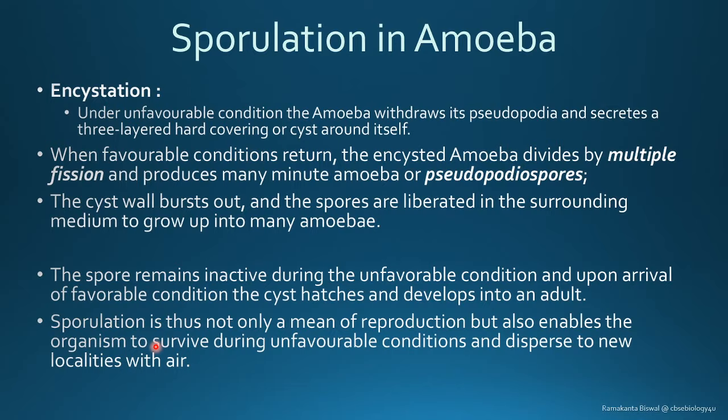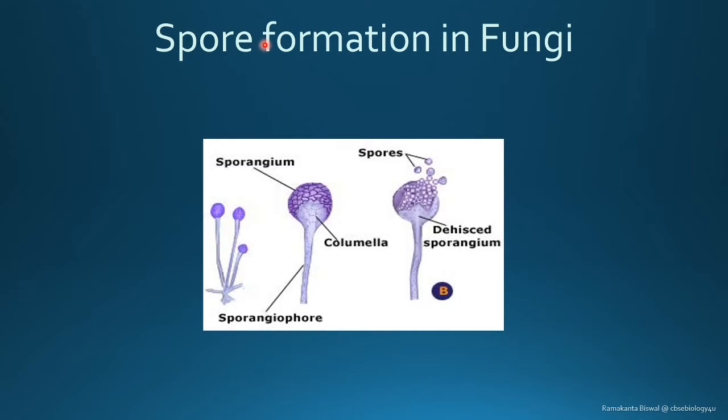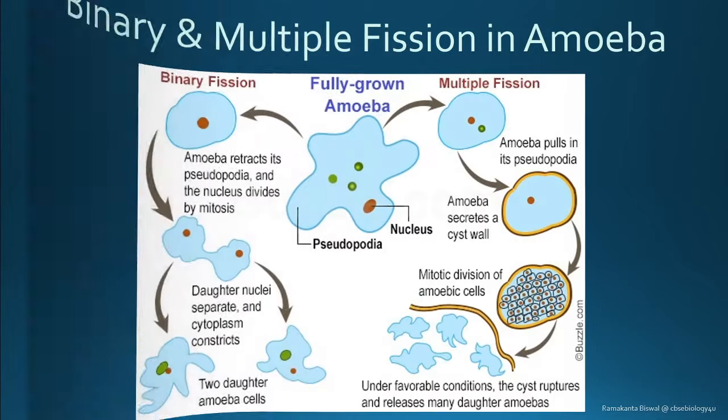Okay, Raghunath Dhala. Next one is the spore formation in fungi. Now this is also a regular process. We all know the spore is formed in fungi by a structure called sporangium. Sporangia are specialized structures, joined by a structure called columella, and they are borne on specialized hyphae called the sporangiophore. Again, this is something that you have learned in class 11th. The sporangiophore is the specialized hypha that holds the sporangium, and the sporangium develops the spores.